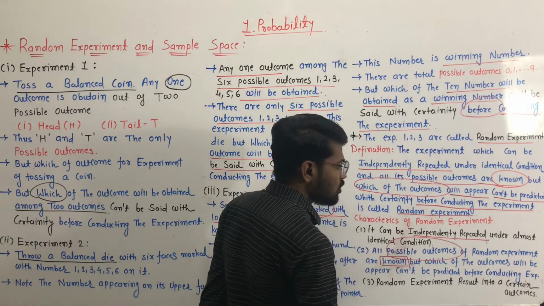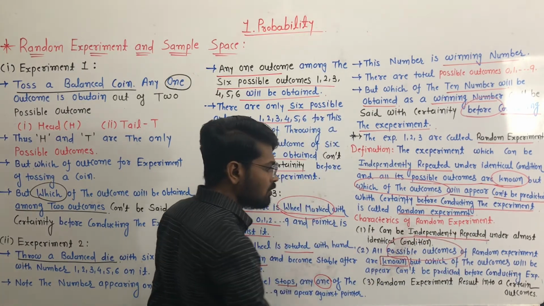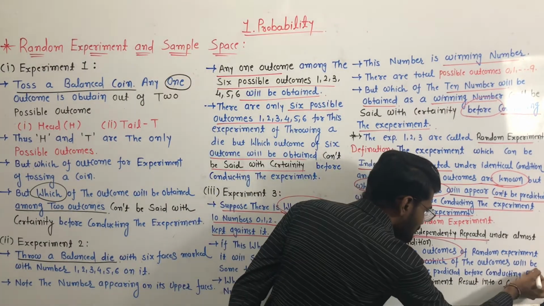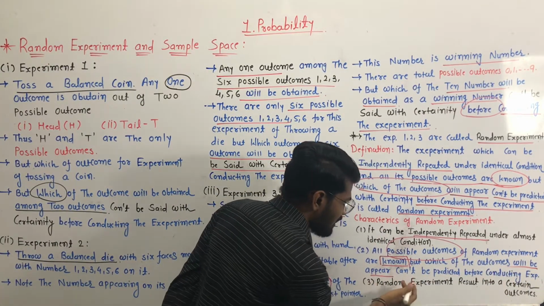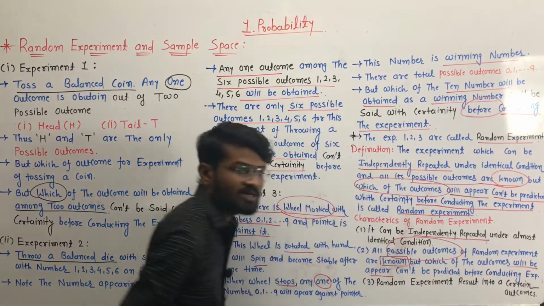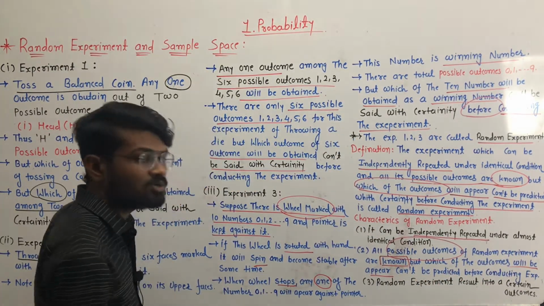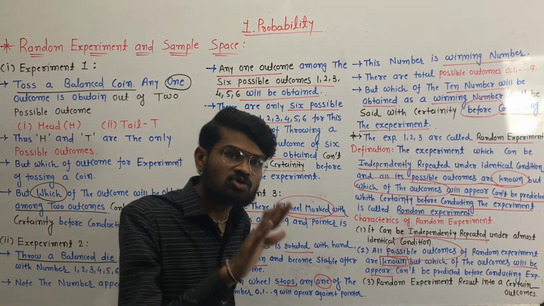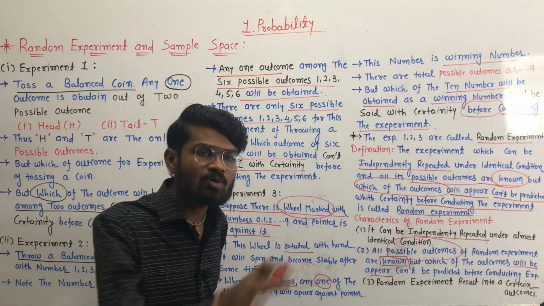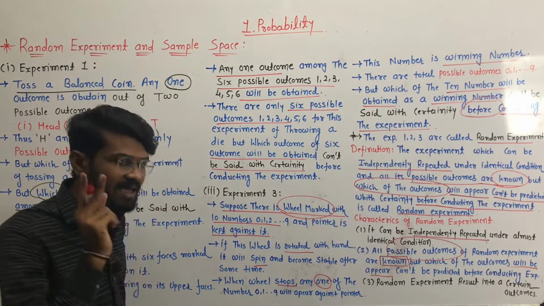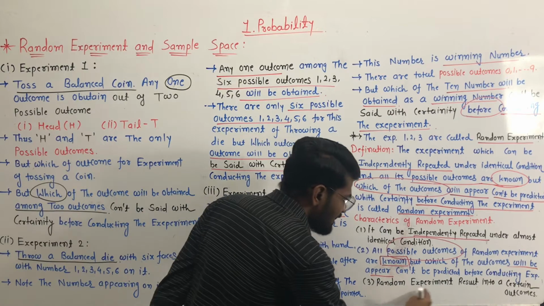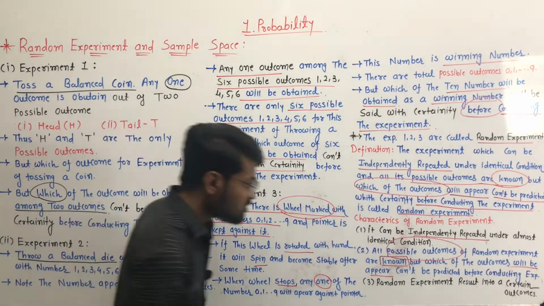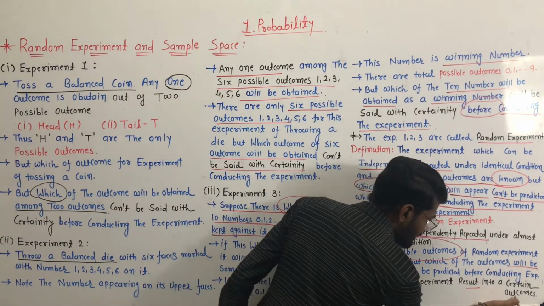All possible outcome of random experiment are known, but which of the outcomes will appear can't be predicted before conducting the experiment. यस, लेकिन कौन सा आउटकम आएगा वो हमको पहले से पता नहीं है, लेकिन जो भी पॉसिबल आउटकम है वो हमको पहले से पता है। क्लियर? एंड थर्ड वन इज दैट रैंडम एक्सपेरिमेंट रिजल्ट इनटू अ सर्टेन आउटकम। यस, रैंडम एक्सपेरिमेंट रिजल्ट इनटू अ सर्टेन आउटकम।